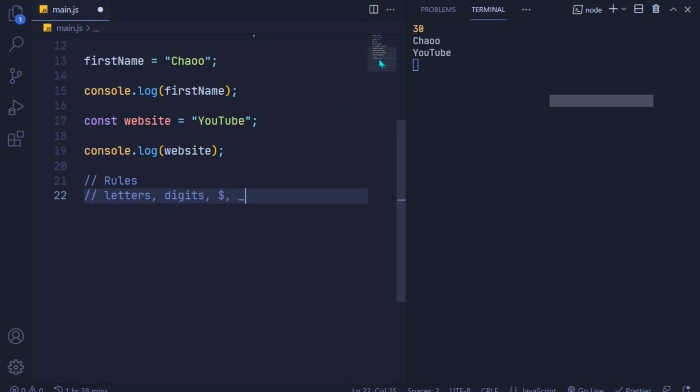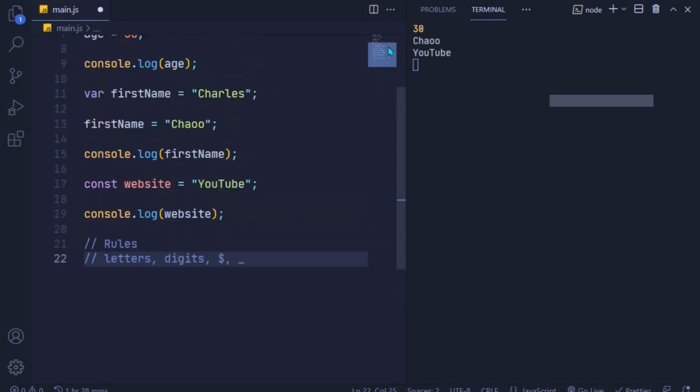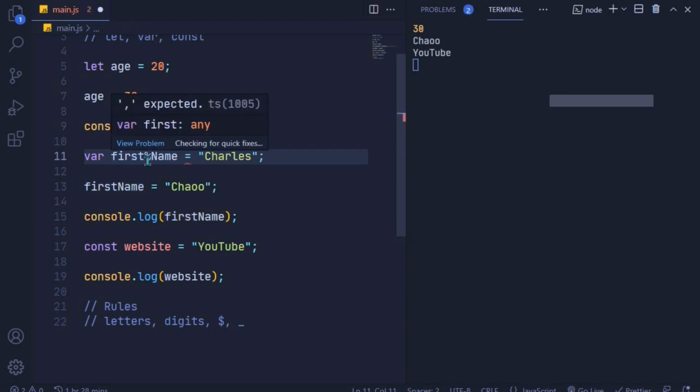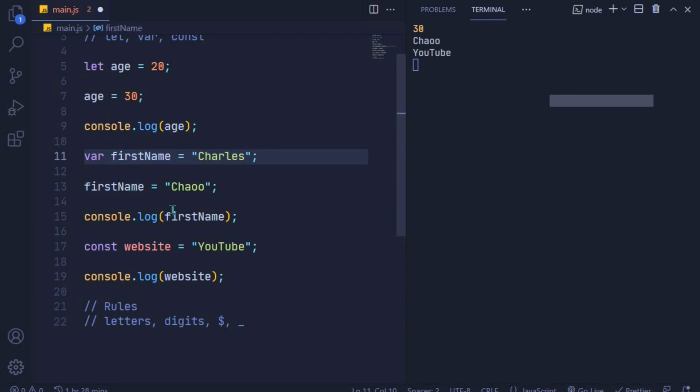So yeah, it can only contain this, so you can't use some weird symbols right here. You can't use a percentage, that will throw an error, you see. But you can use an underscore, or you can use a $ sign. So right here we can say age, we can use an underscore,